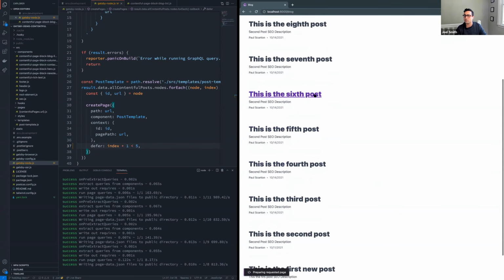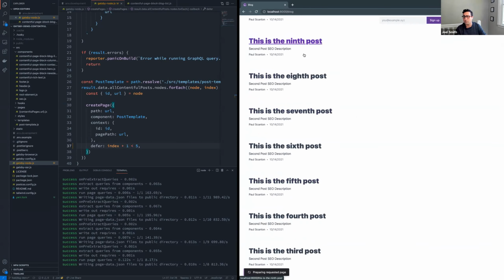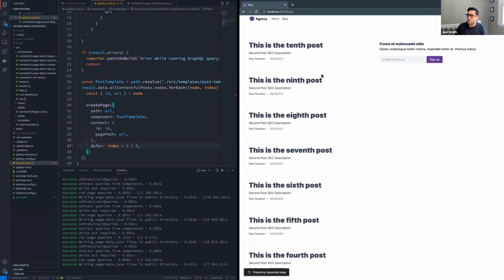Why is that not working for me here? It's prepping. I'm in develop mode, so it's going to be using a little bit of that dev SSR, but it's going to prefetch that data for me. And in my production environment, that's going to be super snappy and loaded up for me. I think I might have something funky going on there, but anyway, that's DSG.